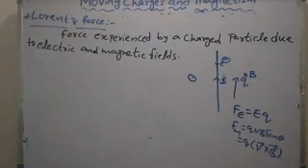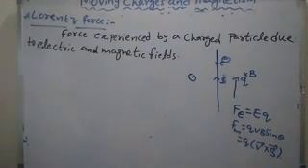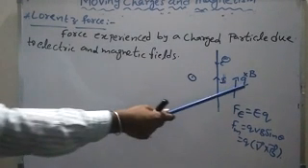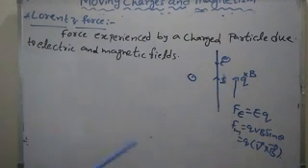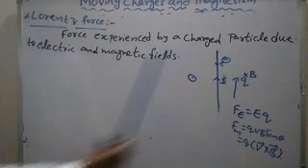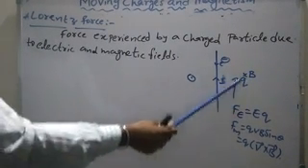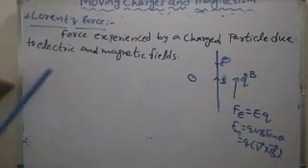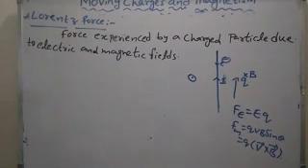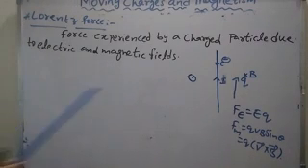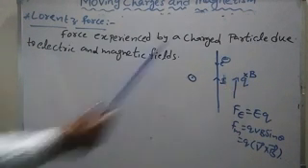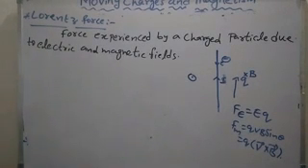The magnetic field is produced by whom? By the current carrying wire. This current carrying wire produces a magnetic field. Now, this Q charged particle enters this magnetic field. Around that wire, at this distance, a magnetic field is there. In this magnetic field, the Q charged particle is moving. Last class we understood in part 1, part 2, part 3, when the charged particle enters the magnetic field, it experiences some force. What is that force? F is equal to QVB sin theta.